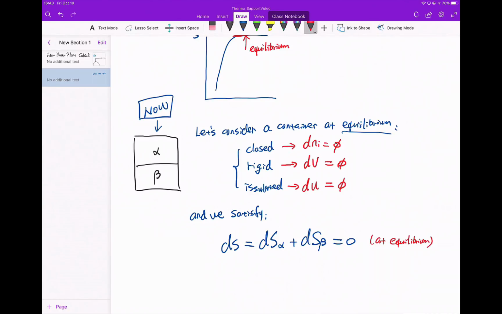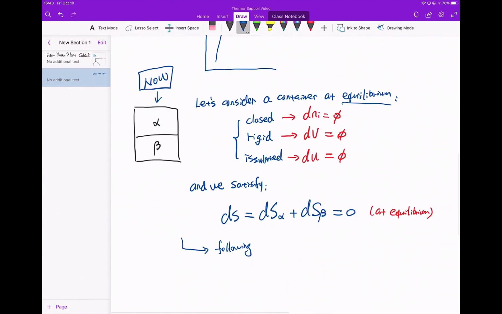So I hope you can review some slides we discussed on lecture 13. Now following the discussions and the slides of lecture, I believe this is lecture 13, then we are going to have